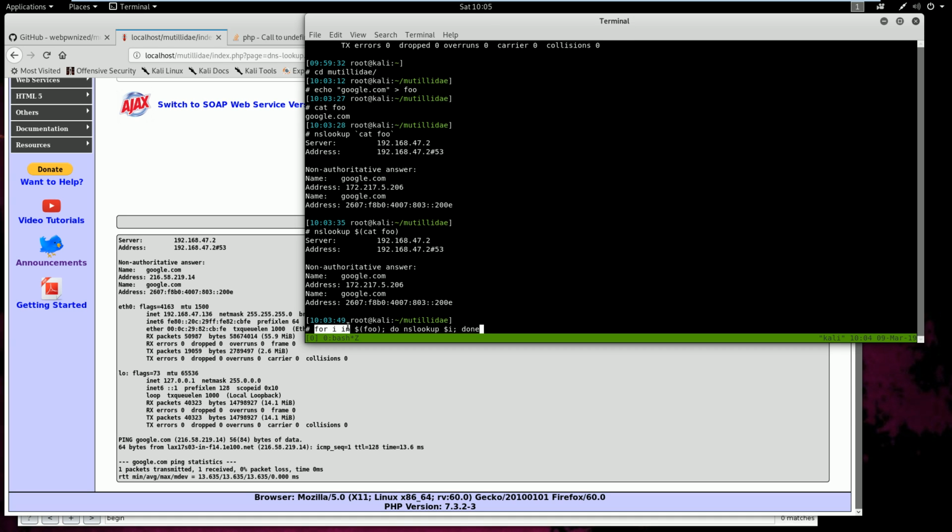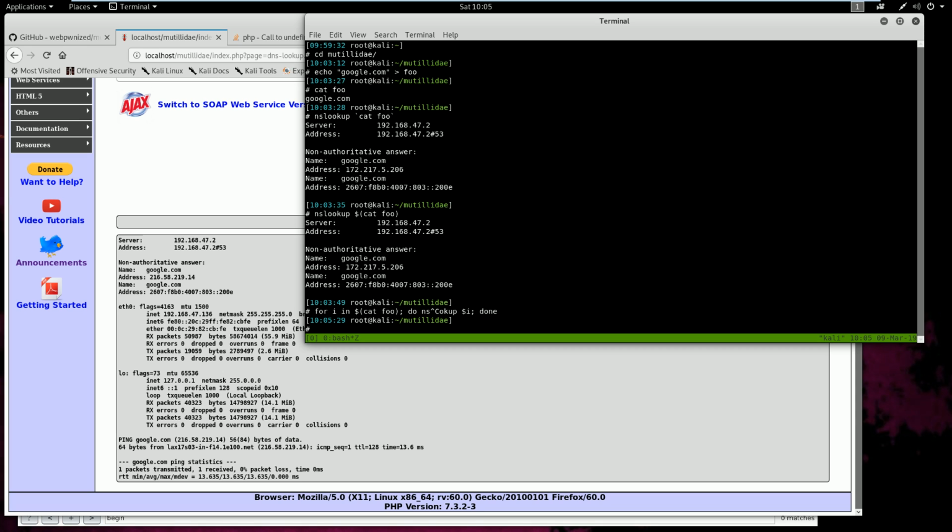So you'll see we basically say, for, oops, messed that up. So what we're going to say is, we want you to cat foo, and again, this is like a million different domain names. In foo, we want you to cat foo, and for every line in the foo file, we want you to nslookup that next line. This is very common for scripting, but we can use it for command injection. So what happens if we nslookup